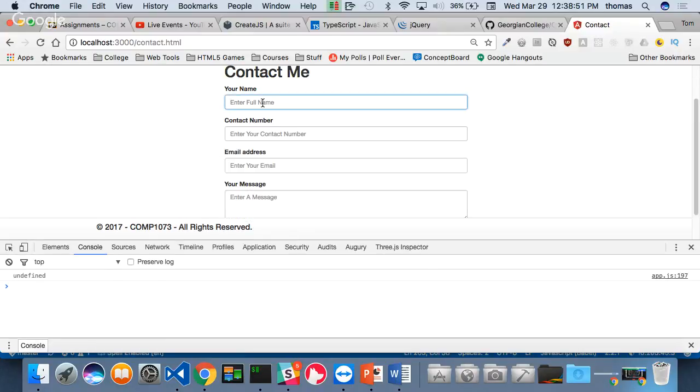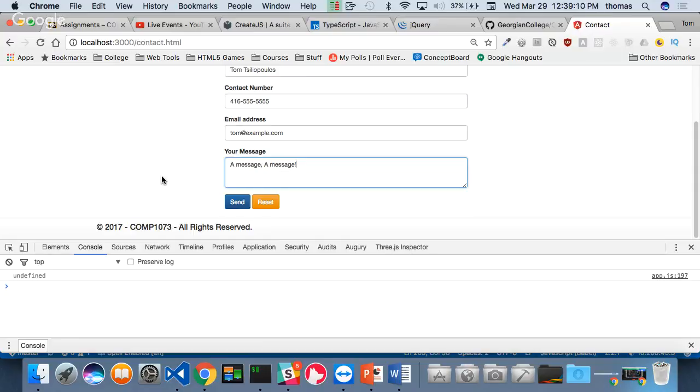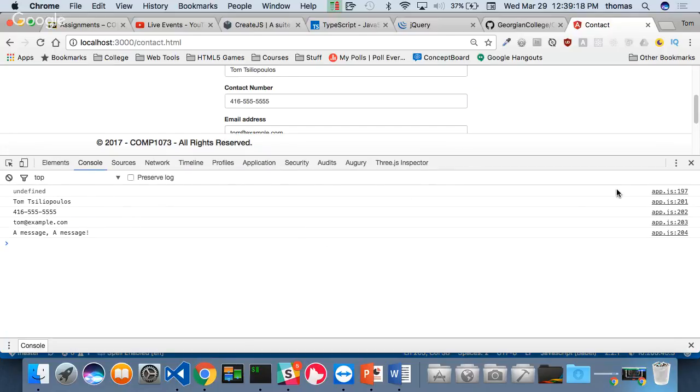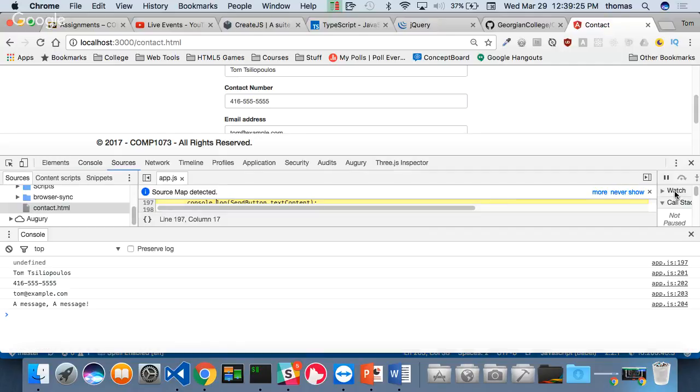So I'll say Tom, and my contact number, email address, a message, a message, a message. Okay, two messages. Send. Now I got my stuff. Curious, I'm also getting an undefined. This undefined value right here. And it's happening on 197. It's not an error necessarily, but something's going on. What is that that's giving me